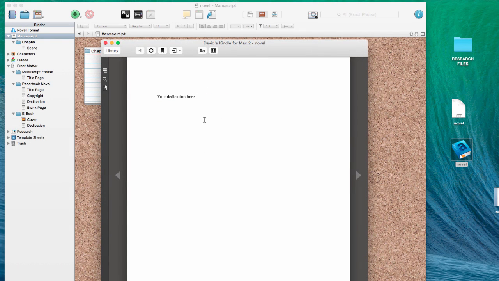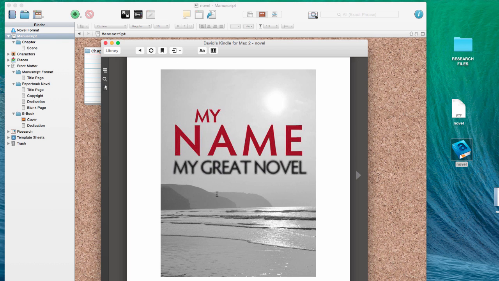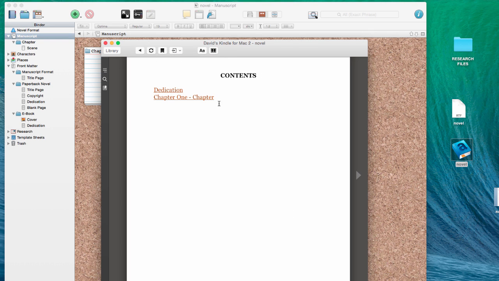and as I open that up now, as you can see, it's pulled in a cover. Obviously that cover is here in my ebook front matter. Now I can add whatever cover I want. Obviously that would be my own image. It automatically creates the table of contents. Now we've not got a lot happening here, but you would have your clickable table of contents automatically created by Scrivener when you compile